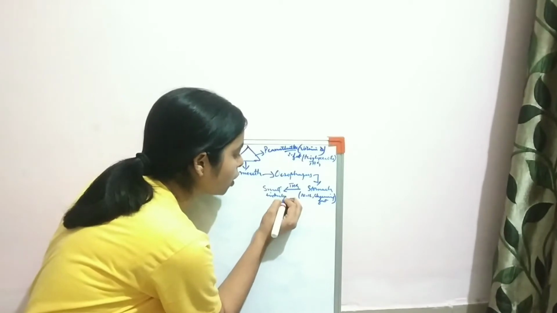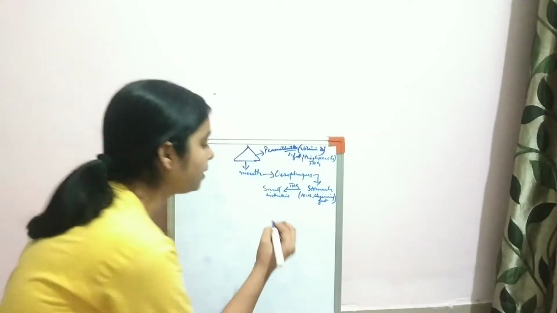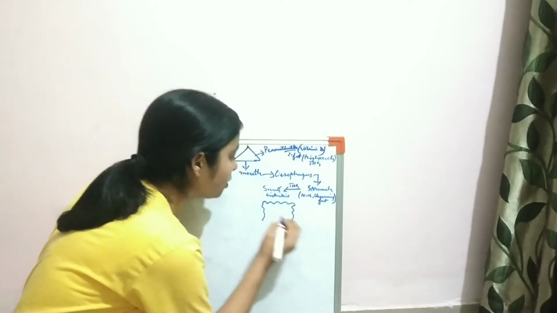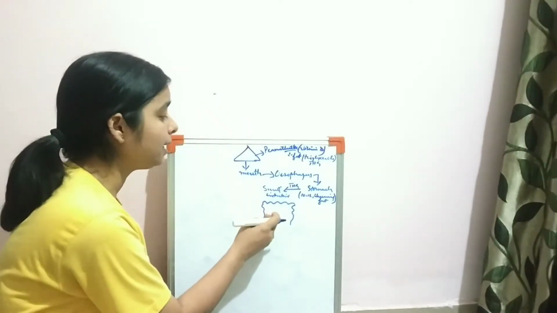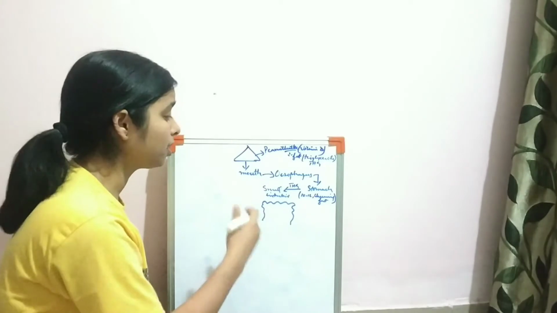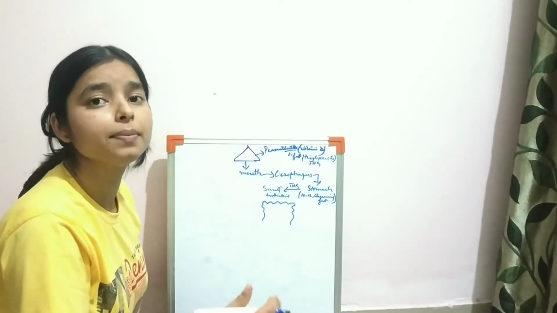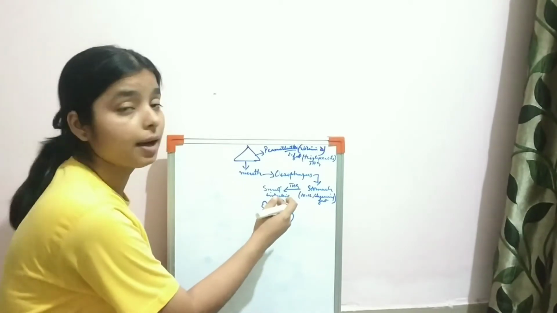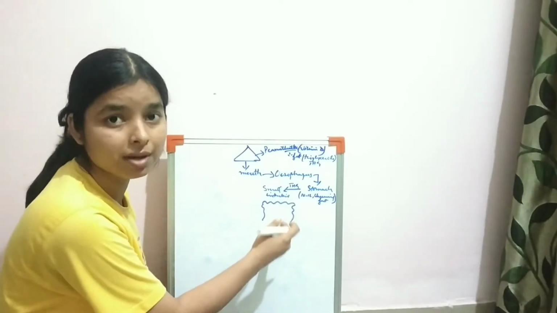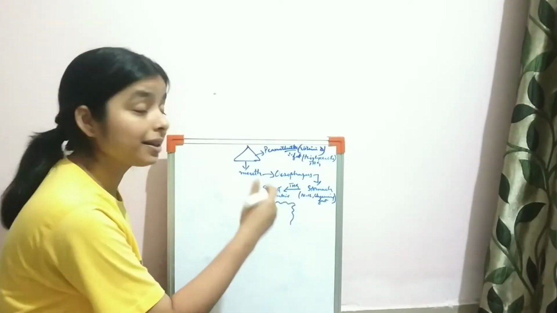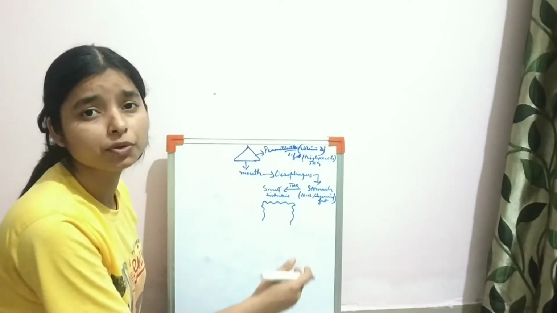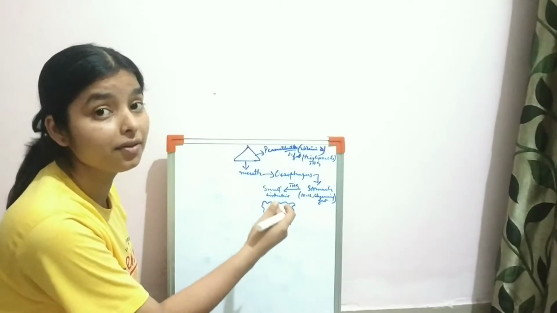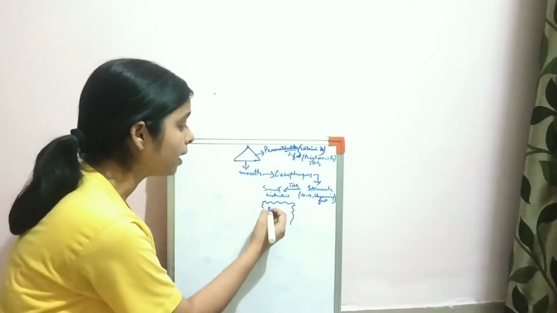If you talk about the anatomy of the small intestine, it consists of lots of loops. And what is the role of these loops? The greater the number of loops, the greater the surface area, and hence the greater the absorption. So absorption is directly proportional to the surface area here. That's the reason why carbohydrates, proteins, and even nucleic acids get absorbed in the small intestine, even the fat. Okay.